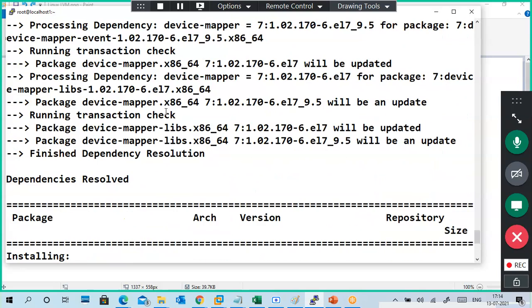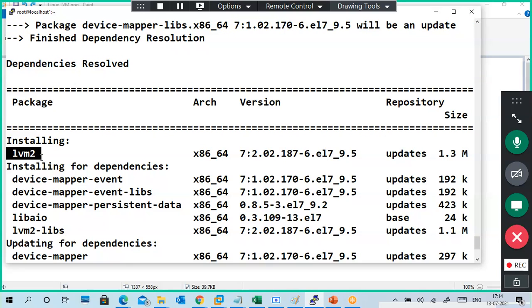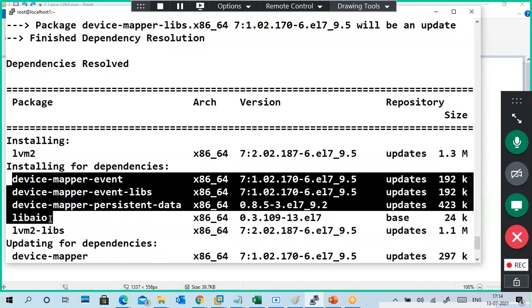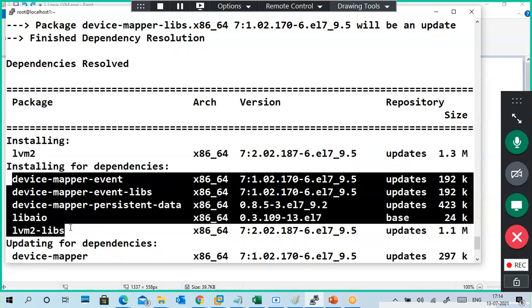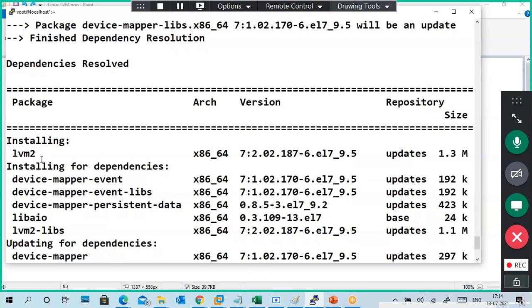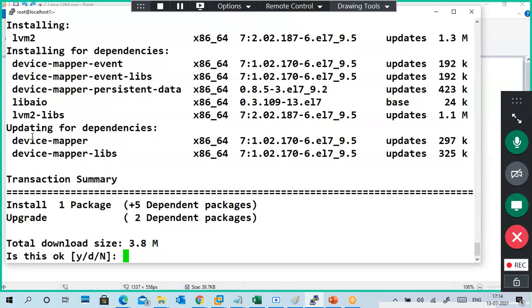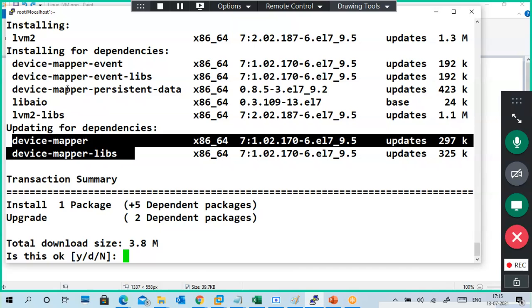I'm installing lvm2, but to install this package I need dependencies. These things also you should install. If you don't install this one, this won't install. And there are updates also; device mapper updates are also required. So it is difficult.